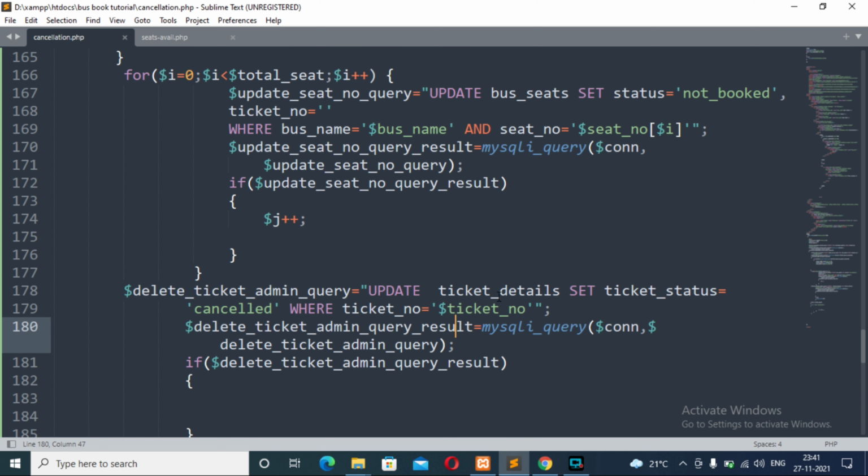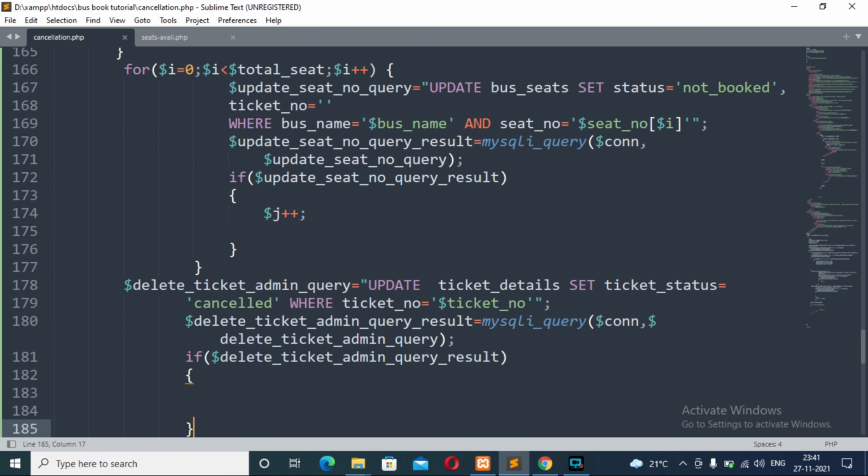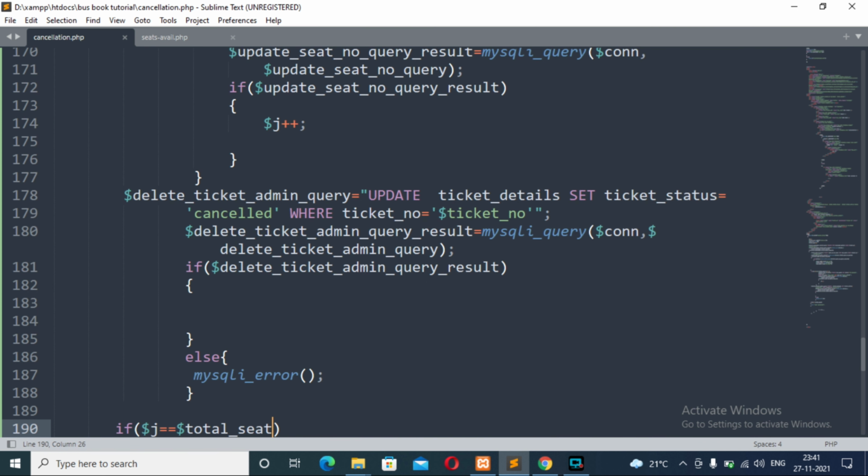When the ticket is deleted from the database, we update that ticket number with the cancelled status instead of deleting the whole ticket number from the ticket details table.